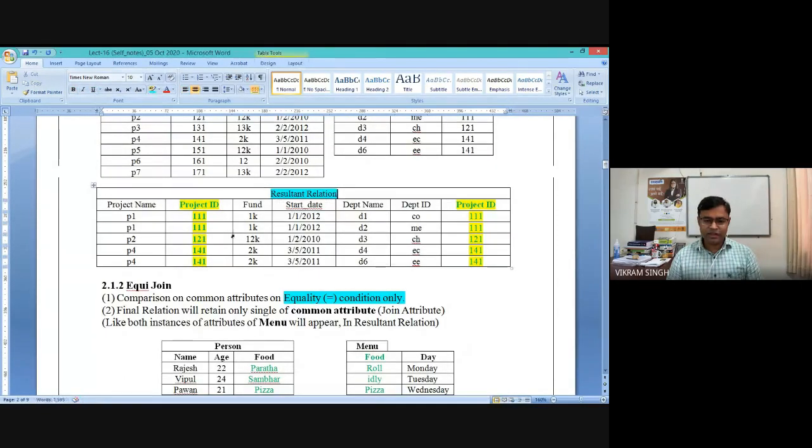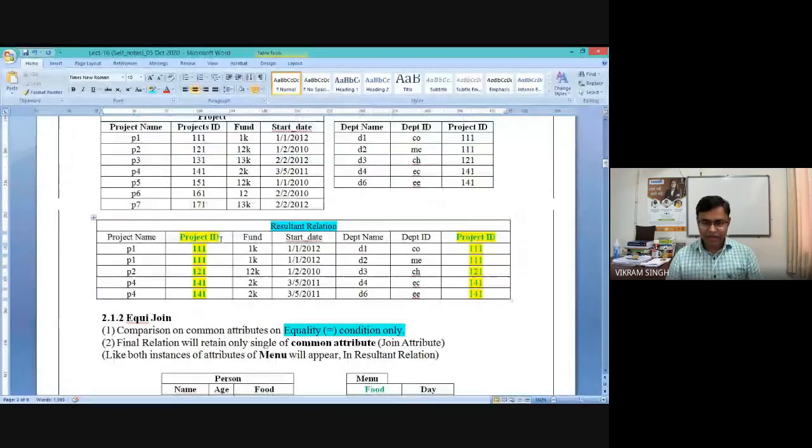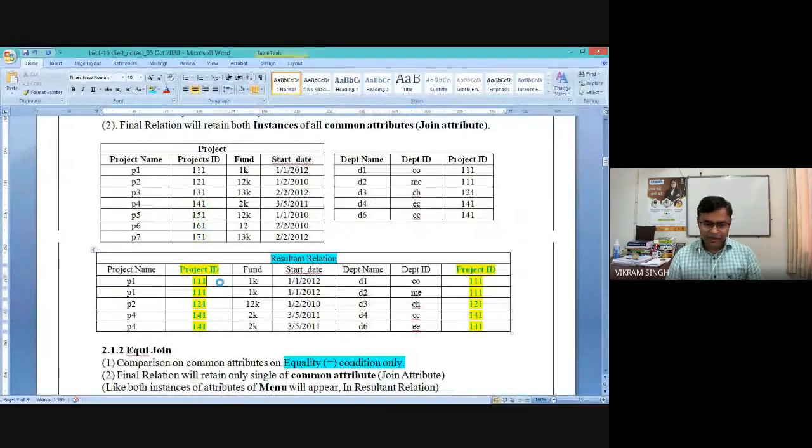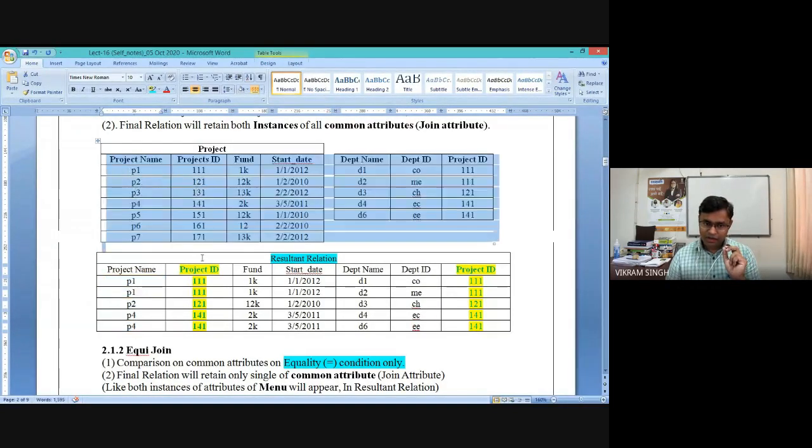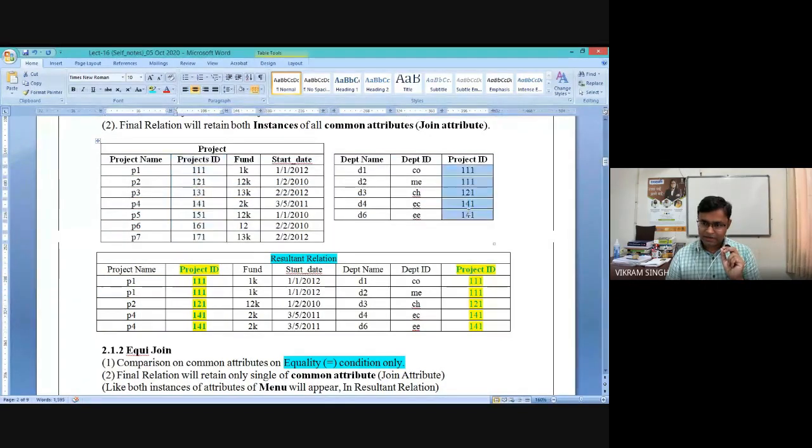You can carefully see that here we are having only few limited tuples, and these tuples are appearing because we are having project ID column here as well as here. So in the resulting relation, we will have only matched tuples.